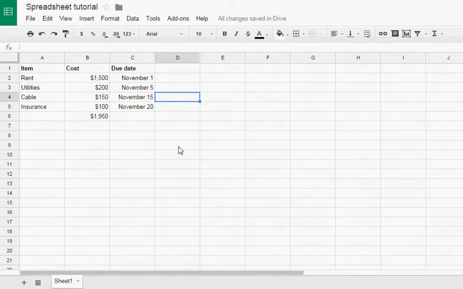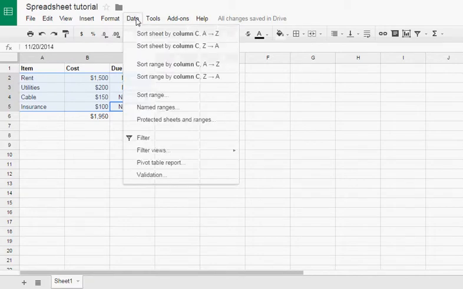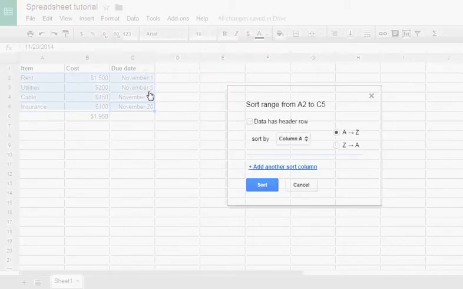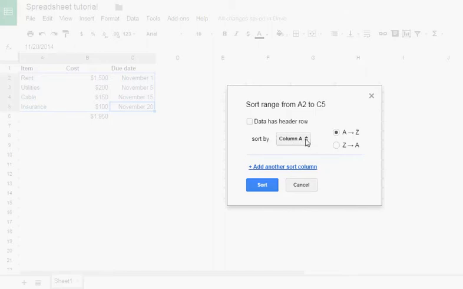So let's go over one other thing, sorting, which is really useful too. Say we want this November 20th to be at the top, and then you want it to go backwards from there. So instead of just changing all of this, what you can do is highlight everything that you need sorted. So highlight the middle part here, because you don't need the 1950 highlighted, because that's the sum of everything here. So highlight it, go to data, sort range, and see right now it shows column A, B, and